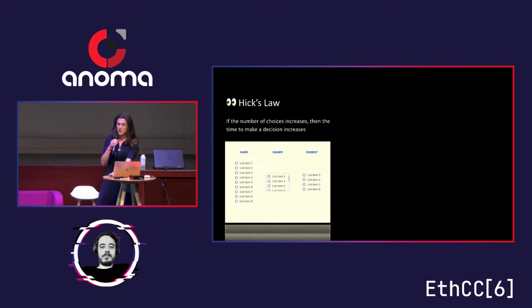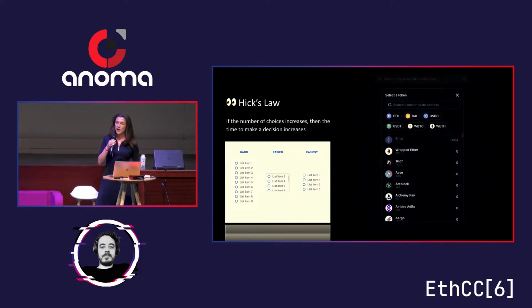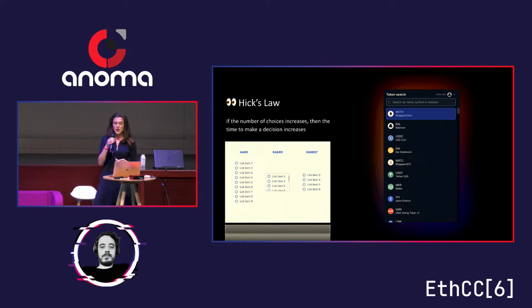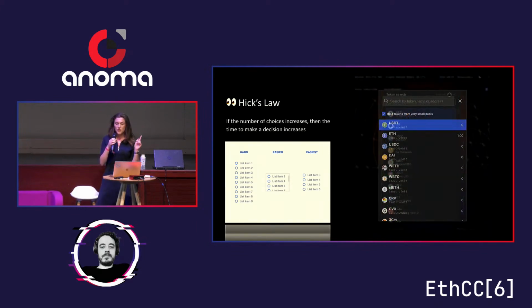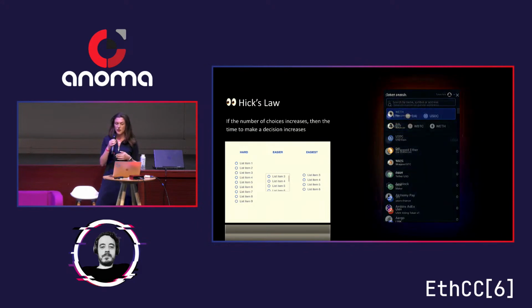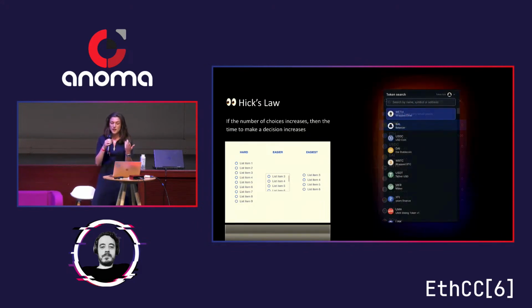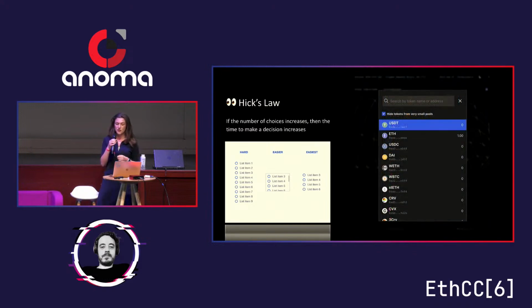And a very nice example of this law are lists. Now, to apply this law to DEXs, designers simplify the UI in order to minimize the number of clicks required to select a token to swap. And here you have some popular examples of DEXs, Uniswap, Curve, and Balancer methods to select a token. So you do have a scrollable model to find a token. Designers made it even easier by allowing users to narrow down that list with a search filter.